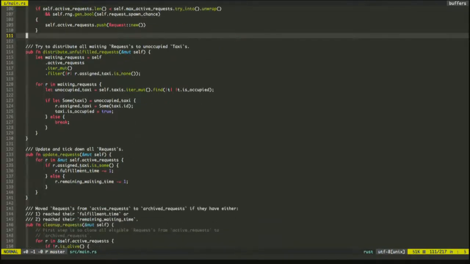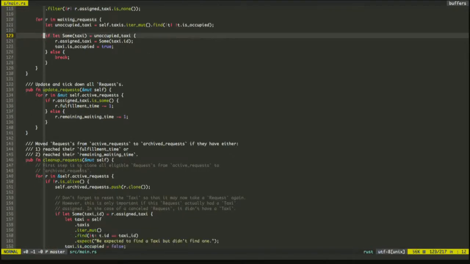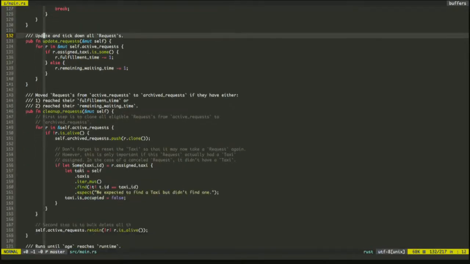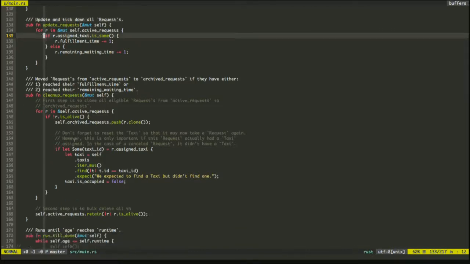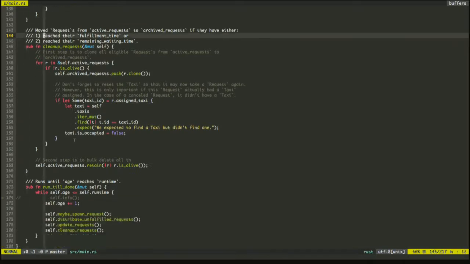Then update request is the same. And then we have cleanup requests, which is slightly different in comparison to Python due to this concept of borrowing and reference checking. So you cannot just take an element from a vector and append it to a different vector, because there's going to be a move and you have only one owner at a time. Just ask me later about technical details so that we don't spend too much time on this, but it's just the way it is. It still is kind of understandable from the code that you can see.